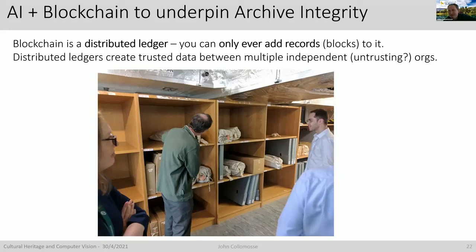Blockchain, though, is really just a technology for multiple independent organizations to collaborate and produce a shared, trusted data store. That's important for cryptocurrency, where a lot of independent people like me or you want to use cryptocurrency without recourse to some centralized bank to track who owns which coins. But the same principle can be applied beyond financial applications. In this project, we were working with the National Archives to underwrite the integrity of not just the UK National Archives, but other national archives around the world, using this combination of blockchain and AI.